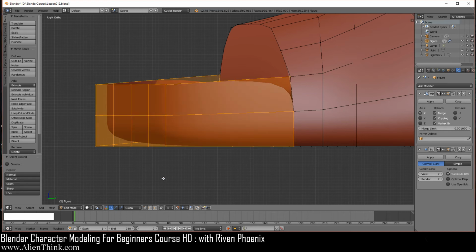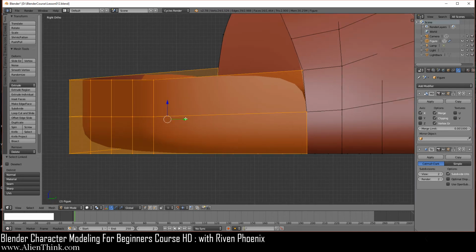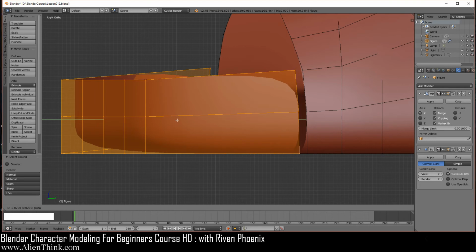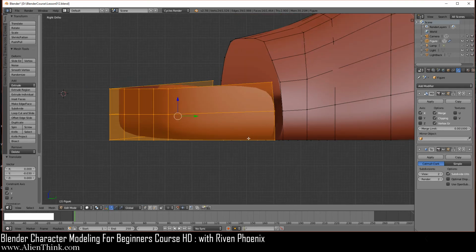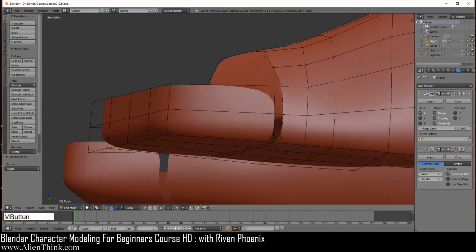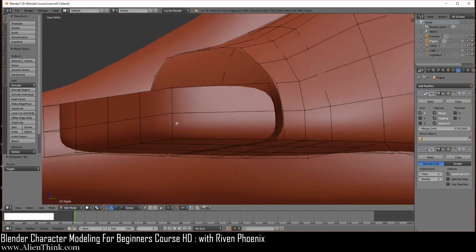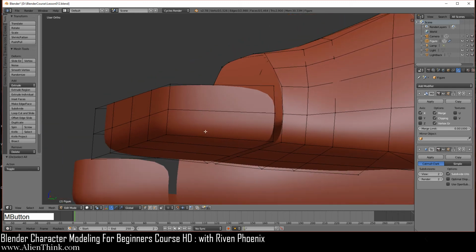It'll select this. Now you have to get out of the active element, go to median point. Now in the smaller grid units, I'm going to move it to the left, 1, 2, and then 3. I'm going to separate this so we can work with this over here. Okay, so what you want to do is A to deselect everything. Now what you want to do first is use that active element concept to our advantage. We just click on this for now.